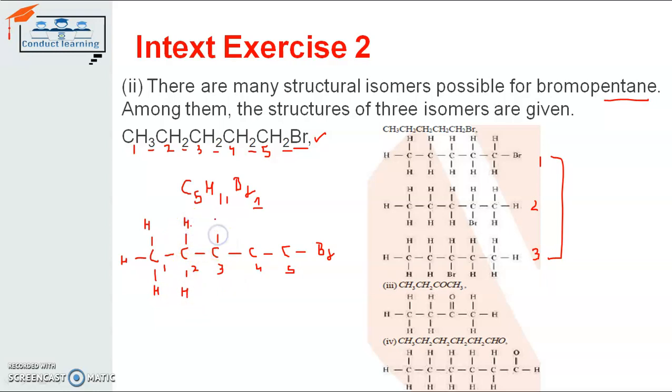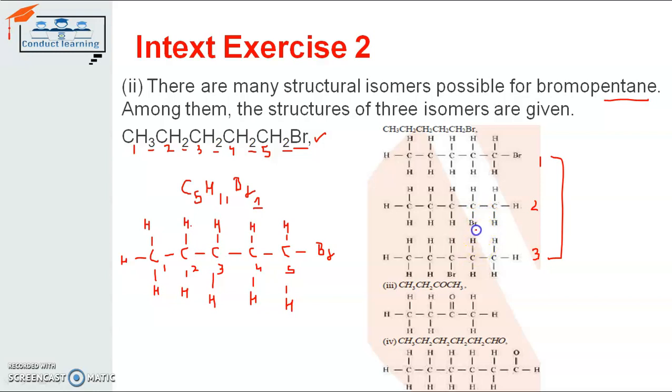The C3 in the same way will share its 2 electrons with 2 hydrogen atoms and 2 electrons with C2 and C4. C4 also will share 2 of its electrons with the 2 hydrogen atoms and 2 electrons with C3 and C5. The C5 will share 2 of its electrons with 2 hydrogen atoms and 1 electron with C4 and 1 electron with Br. In the same way, you can also draw the structure diagram of bromopentane in 2 different ways. That is drawn there.